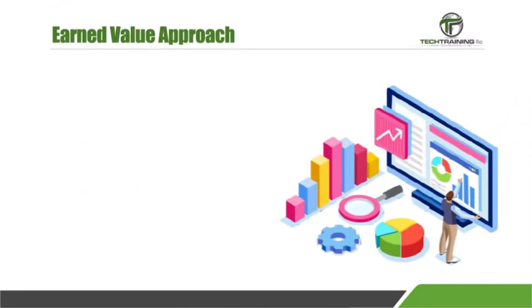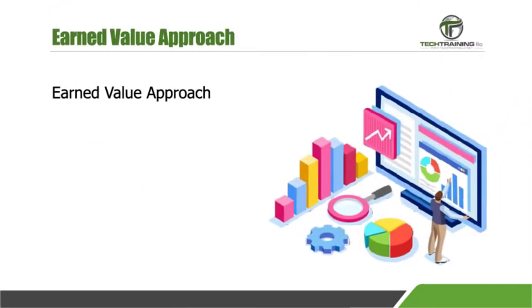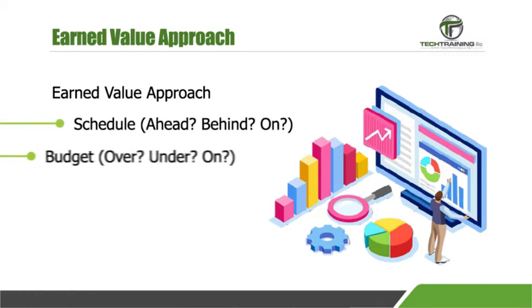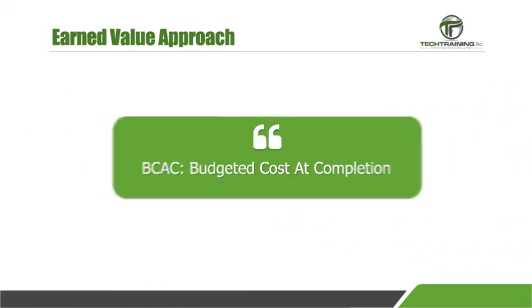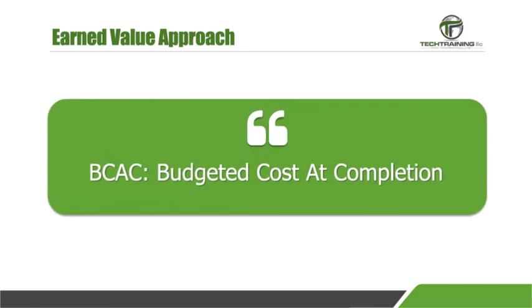The system just presented is called the earned value approach. It is a widely accepted system for calculating progress on complex projects. This system of determining project progress addresses both schedule status and cost status. This system tells us if we are ahead of schedule, behind schedule, or on schedule, under budget, over budget, or on budget. As you saw, earned value is based on developing percentages of the budgeted costs associated with individual tasks